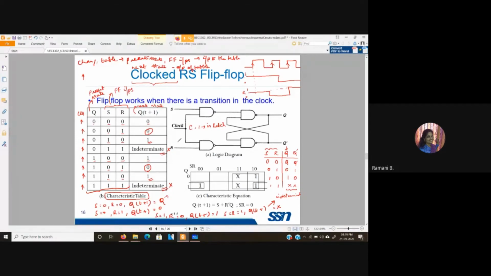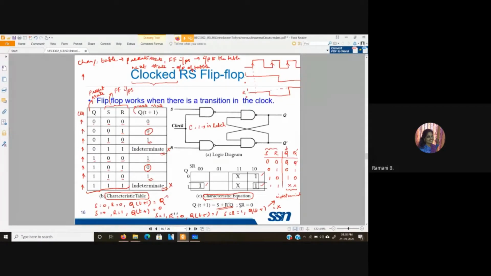next state equation of the flip-flop, or you can simply call it state equation. This is also known as the characteristic equation. So this characteristic equation is obtained for this Q of t plus 1. So for finding that, wherever you have 1, we fill it over there. So we have for 0, 1, 0, this is 2. Then for 1, 0, 0, 4 and 1, 1, 0, this 6. And for 3 and 7, it is indeterminate. That is, we denote it with the X mark. That is, don't care. So based on that, we get the equation to be Q of t plus 1 is equal to S plus R bar Q.